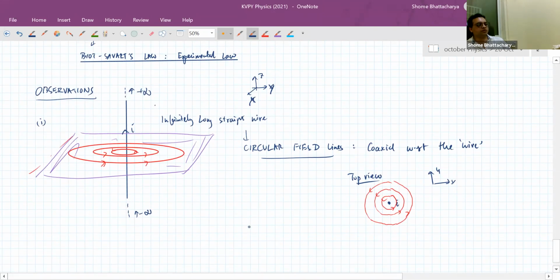So we'll come back to Biot-Savart's law, but Biot-Savart's law can be used to justify each of these things. Okay? But before that, let's understand the important direct aspects of it. So now what exactly is the magnetic field vector at a particular point, which is at a distance r from the wire? The magnetic field at a point like this will be pointing in the direction tangent to the circle. So it will be like this at such a point. And it will be given by the formula mu naught I divided by 2 pi r.